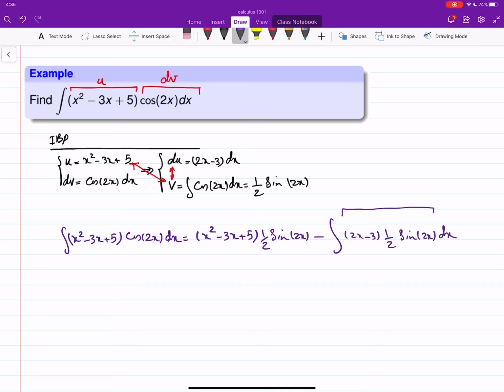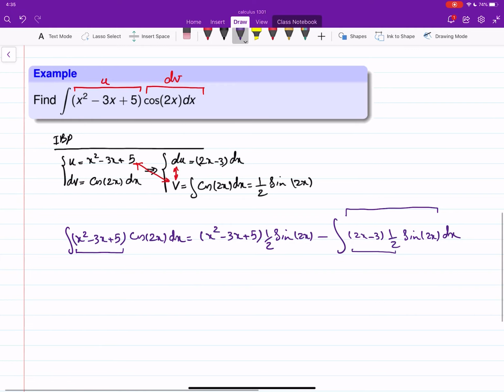If you check the original integral, we had a polynomial of degree 2 times cosine. Now I turned it into an integral with a polynomial of degree 1 times sine 2x. So it is simplified. And if we continue doing IBP another time, so this is the second IBP,